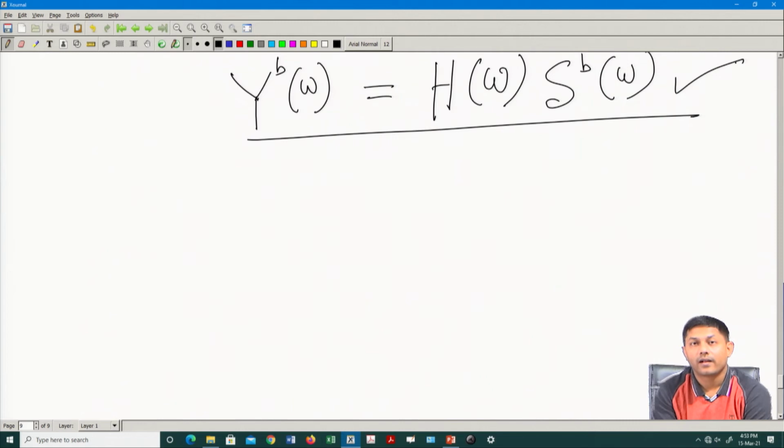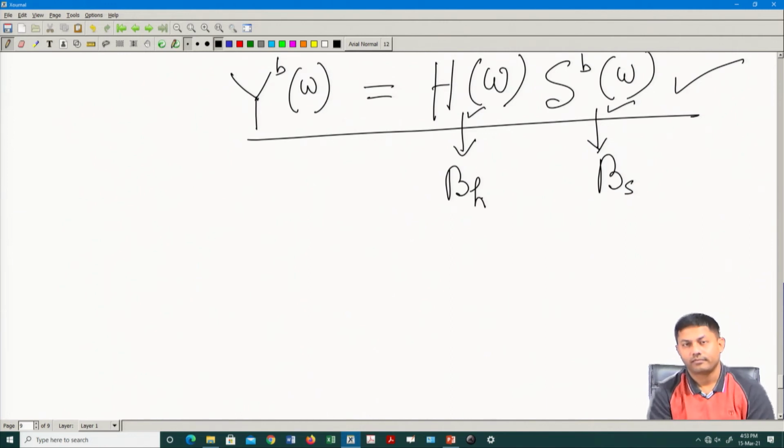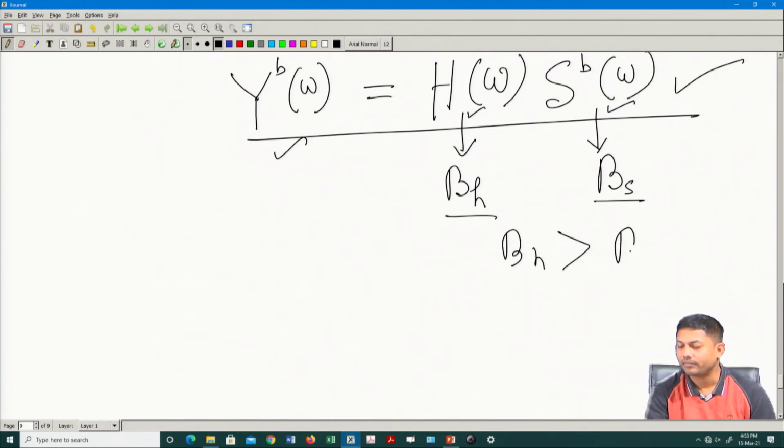So, what does it mean? It means that it depends on this bandwidth and this bandwidth; based on that this Y_b(ω) comes. So, let us say this gentleman has a bandwidth of B_s, a baseband bandwidth, and this gentleman has a bandwidth of, let us say, B_h, that is the baseband bandwidth of my channel, because everything is a baseband for me, it is a digital baseband. Okay. What should be the bandwidth here? It depends who is bigger, all right. If B_h is greater than B_s,